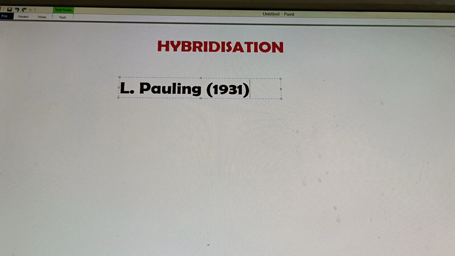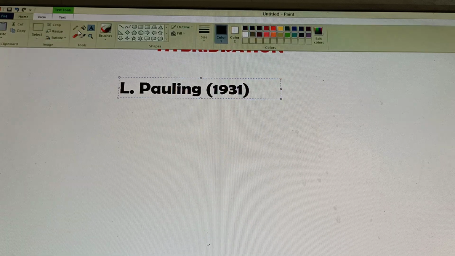So he pointed out that in a simple molecule, for example, in the methane molecule,